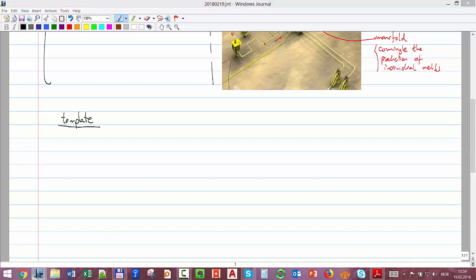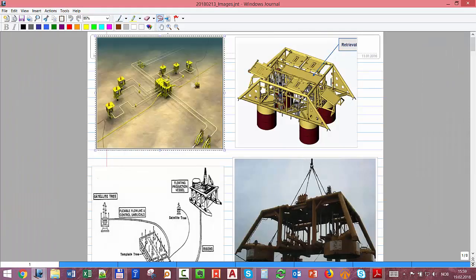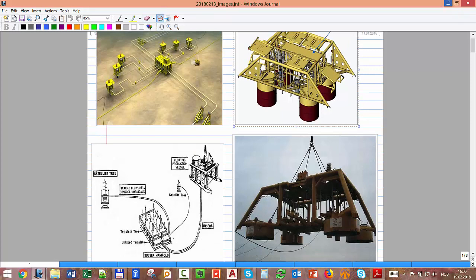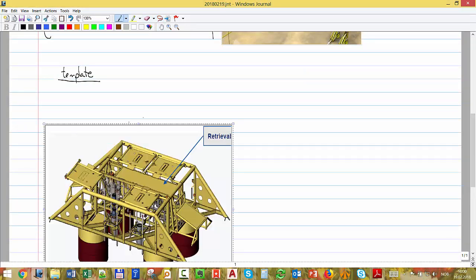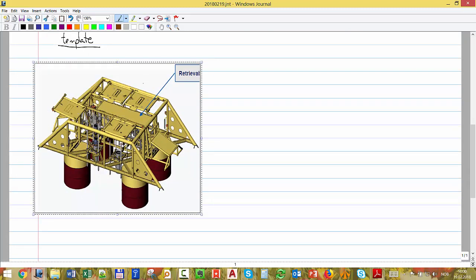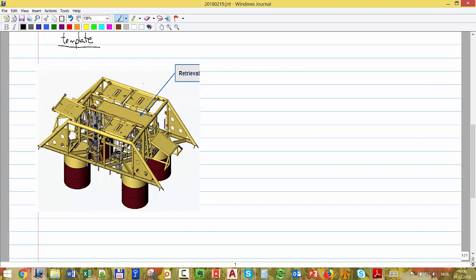And a template, basically, is a structure that looks like that. Like here we have another figure. The structure is made such that you see here it has some covers, where you have 4 covers that you can lift, and then you have the option to drill 4 wells from this template. Here you have one at the back, and you have one here. So this is a 4 well template,